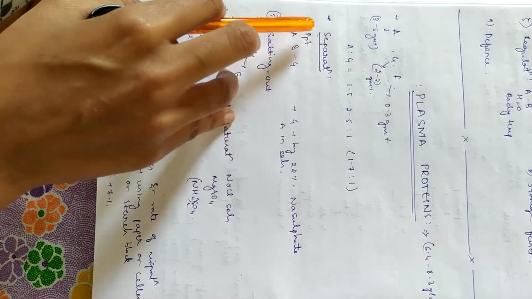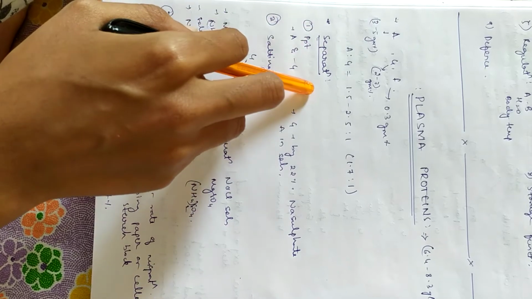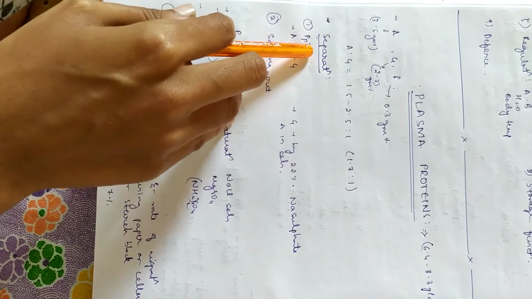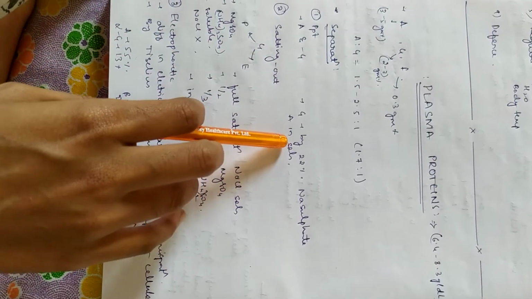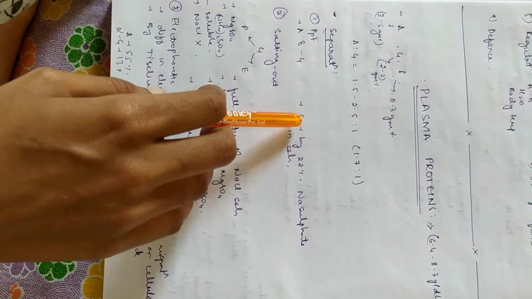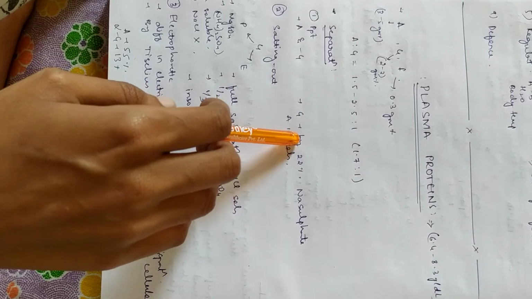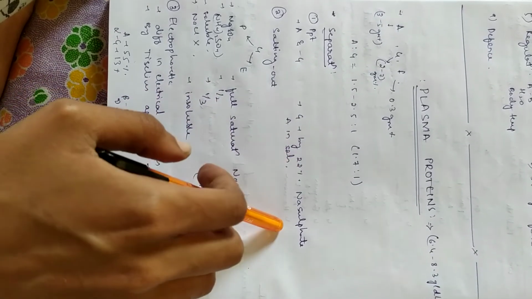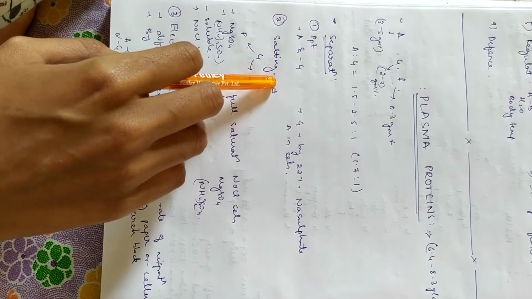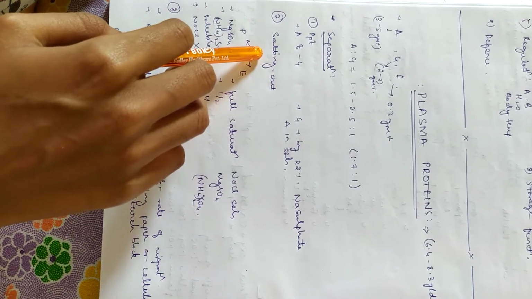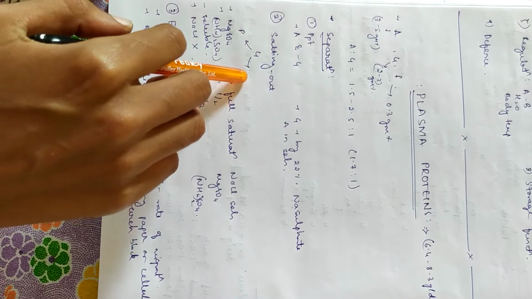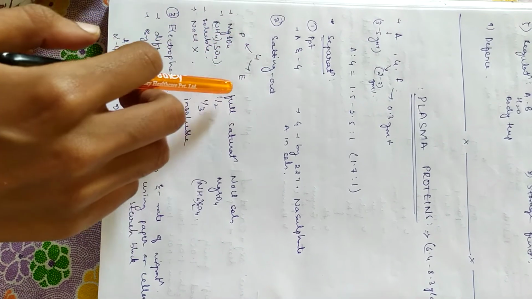Separation techniques. The first one is precipitate method. In precipitation method, we can separate albumin and globulin, where albumin remains in the solution and globulin can be precipitated with the help of 22% sodium sulfate. The second method is salting out. Here we can salt out globulin, where it gets divided into euglobulin and pseudoglobulin.